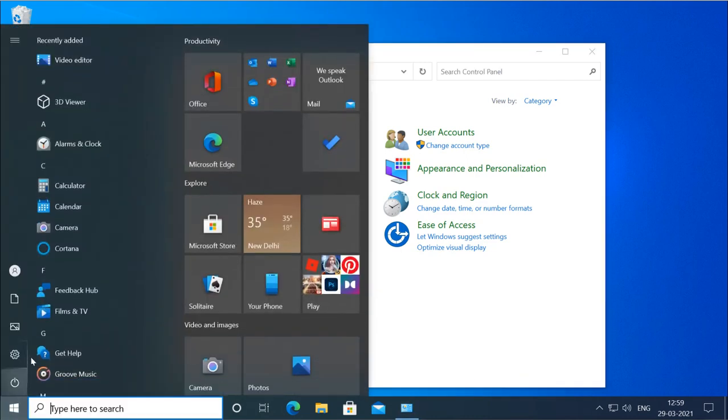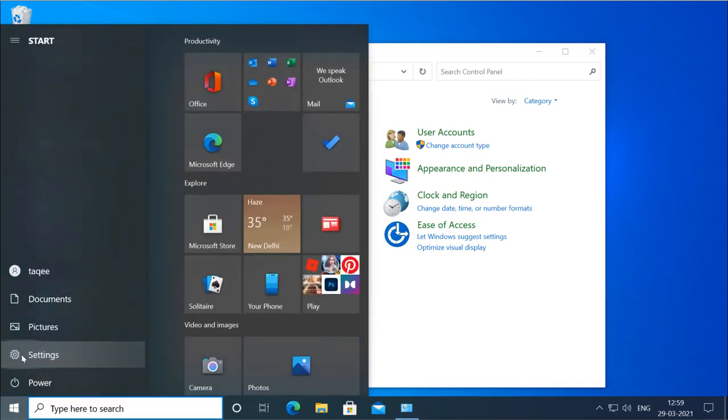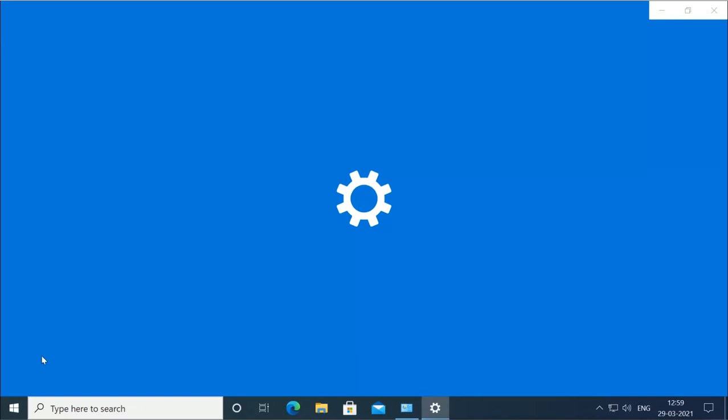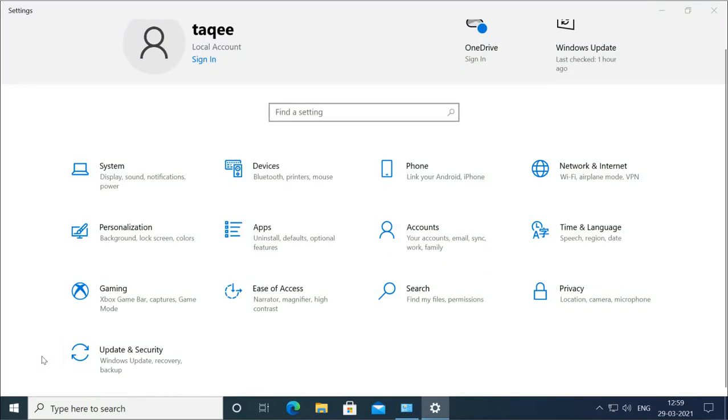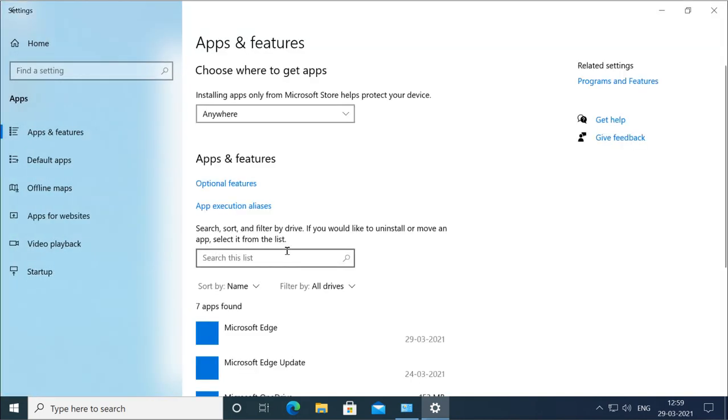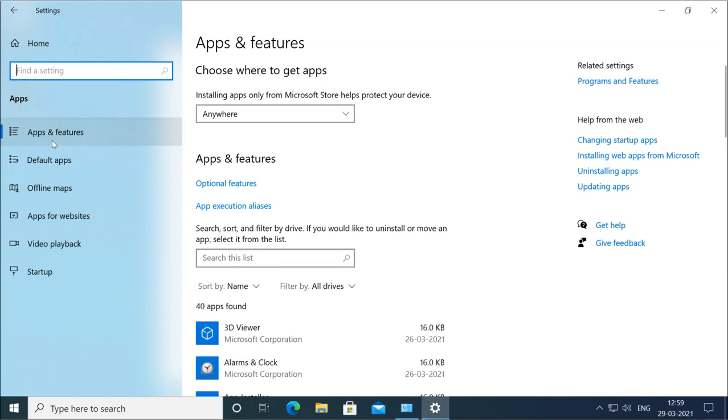I will go to the Settings app, and from here I will go to Apps, and then here you can see Apps and features and all that, and from here I will select this Programs and Features related setting. This is the related settings.